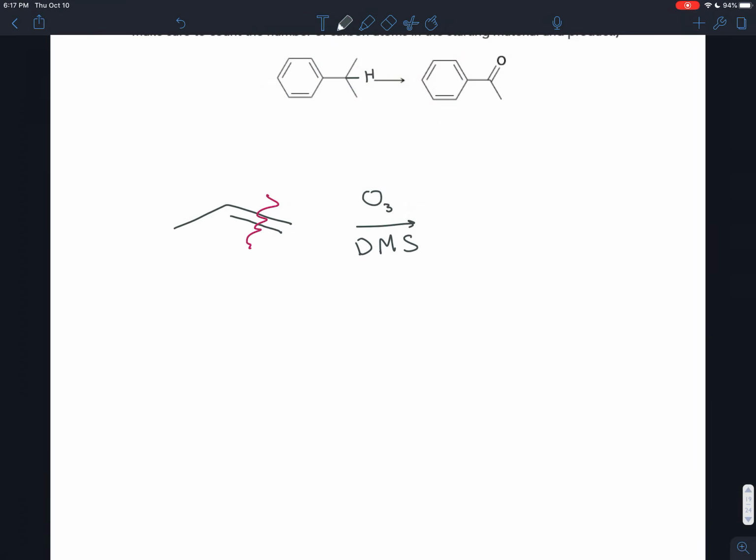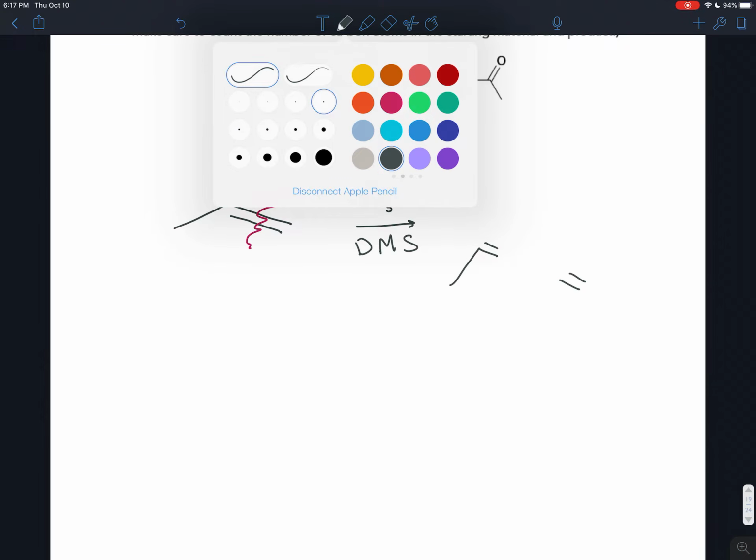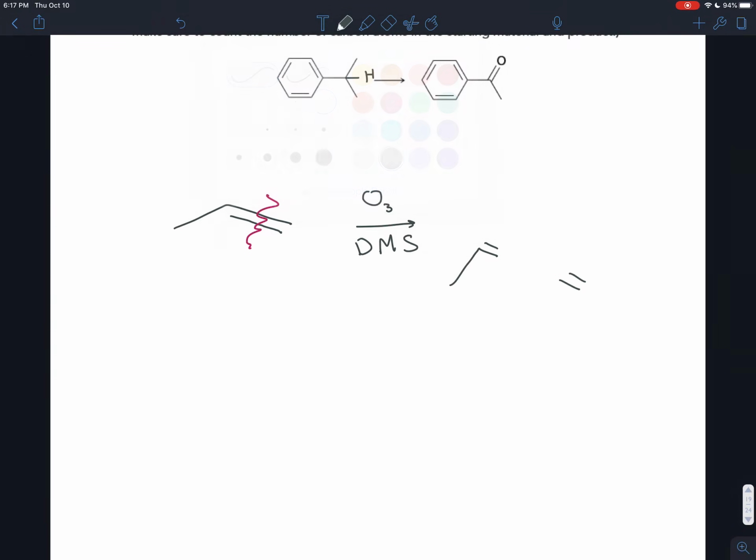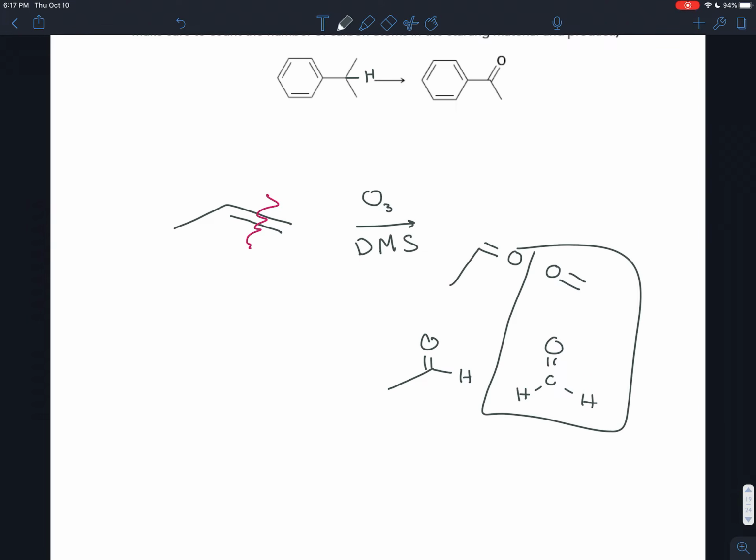And what you end up getting are the 2 pieces. So here I'm going to draw those 2 pieces separately. You get those two pieces with double bonds to oxygen instead of to the carbons, to each other. So in this case, if I were to draw this in a way that looked a little less weird, you would have acetaldehyde, it's the molecule on the left, and you would have formaldehyde, the molecule on the right,